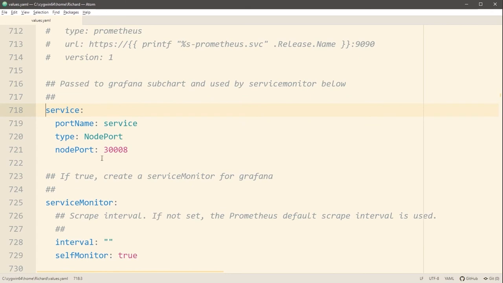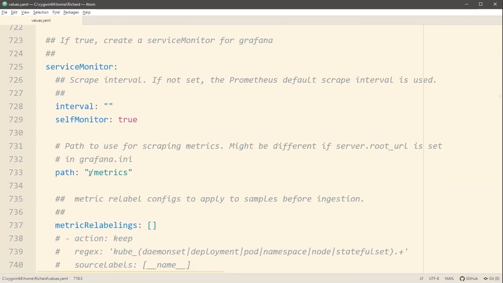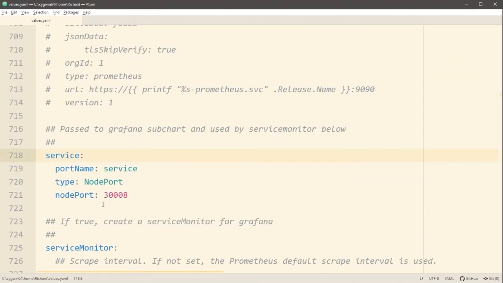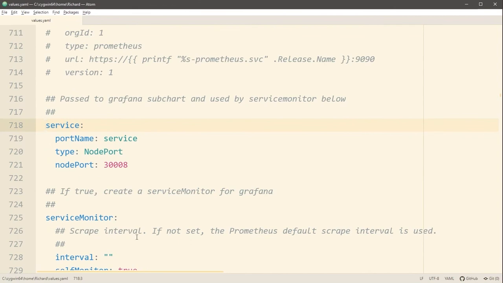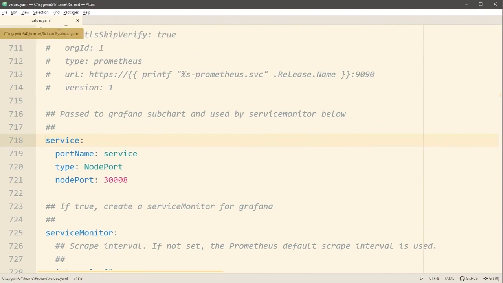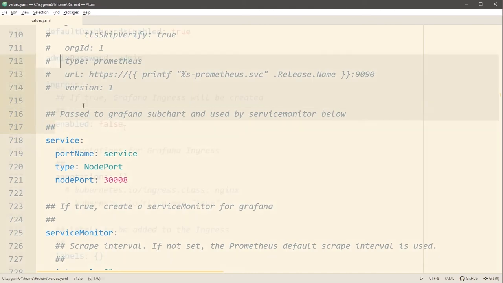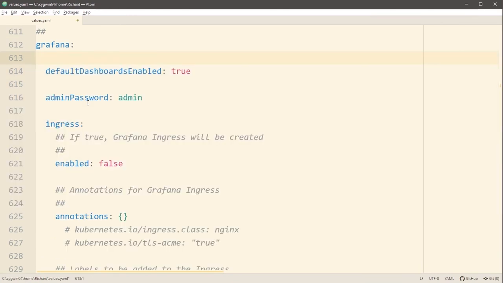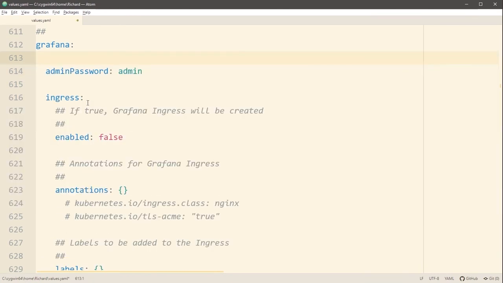So obviously there are thousands of other values in here, but actually all of these are the defaults that came with the chart. It's entirely up to you, but you don't actually need any of those other values because they are the defaults. So although we generated this values.yaml file to show you all of the 2,500 lines that are making this configuration, you could perfectly well get rid of all of the things that you don't need. So I'll do a little bit of editing here. It is going to be essential that we leave the Grafana parent tag in place, but apart from that, we can get rid of everything apart from the admin password field